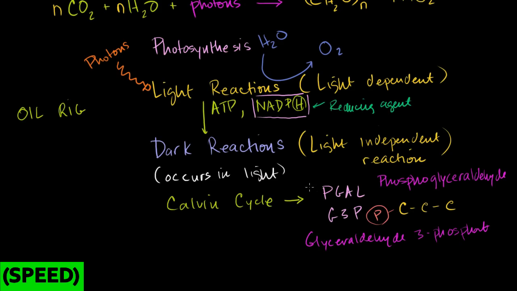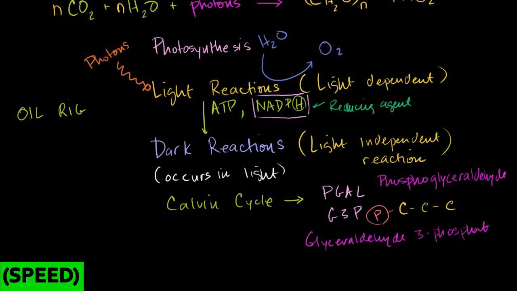So let's just take a quick overview again, because this is super important. I'm going to make videos on the light reactions and the dark reactions. Those will be the next 2 videos I make. So photosynthesis, you start with photons. Now all of these occur when the sun is out, but only the light reactions actually need the photons. The light reactions take photons, and we're going to go into more detail on what actually occurs. And it takes in water. Oxygen gets spit out. ATP and NADPH get spit out, which are then used by the dark reaction,